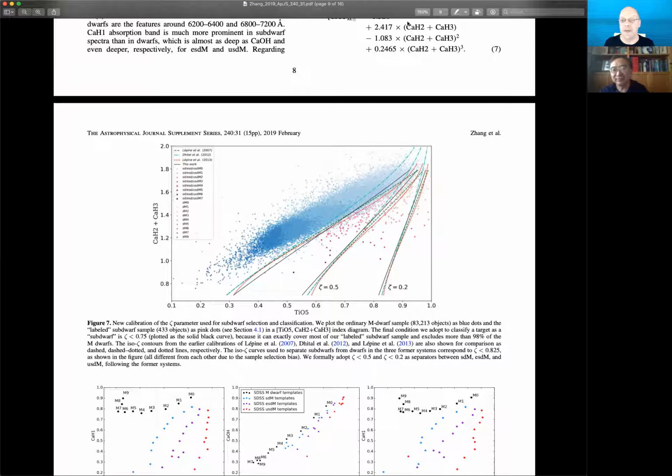So we're done with this one? Because we're already on paper 2. Okay, very good. So that's paper 2. So you're about ready to go. If you look in your crystal ball, where does the field go as we look for these subdwarfs? Is there going to be a paper 3 in this series? Where does the field go in the next, let's say, 5 years?